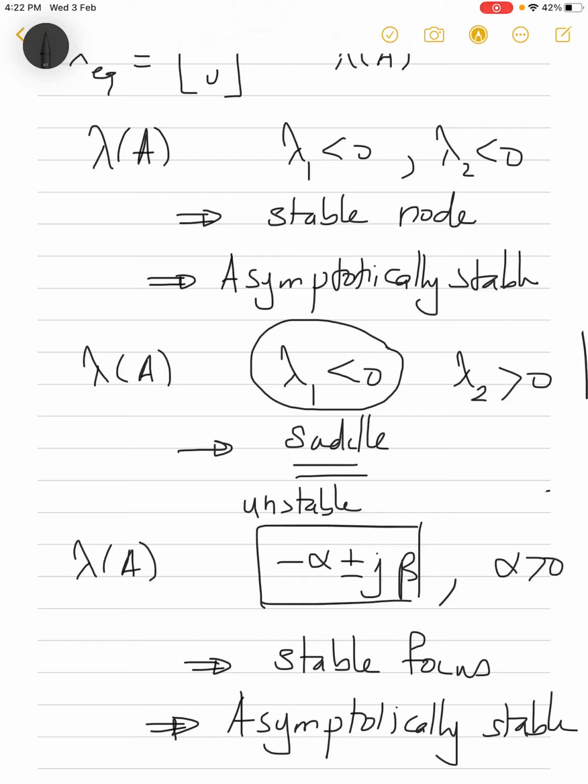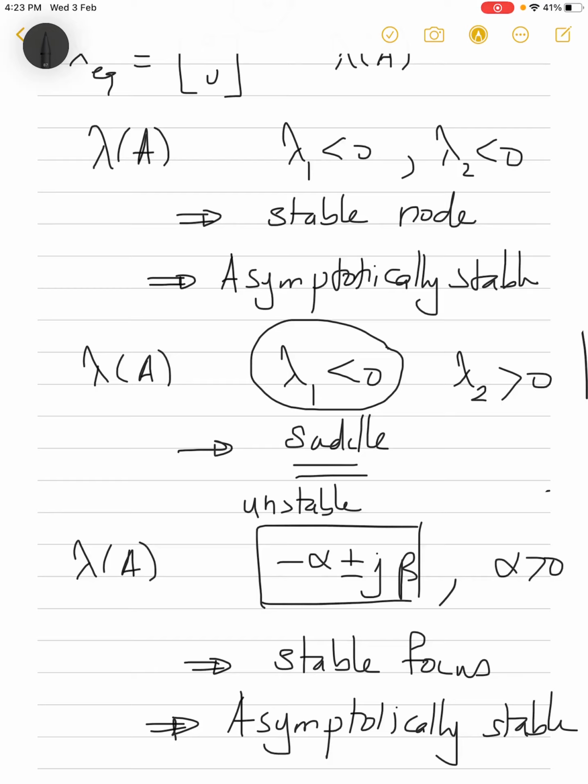We have here talked about stable node, saddle, and stable focus. We can also talk about unstable nodes, where we have lambda 1 and lambda 2 both positive. In that case, the solution will diverge away from the equilibrium point, so it is unstable. Also, we can talk about the unstable focus, where the real part of the eigenvalue will be positive. In that case also the solution will diverge away from the equilibrium point,